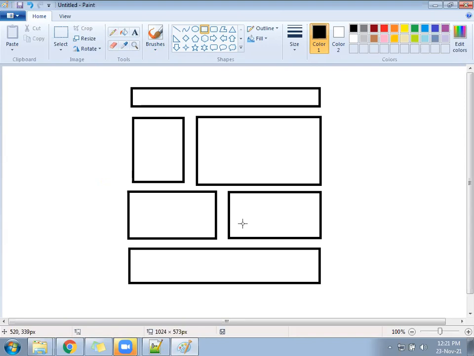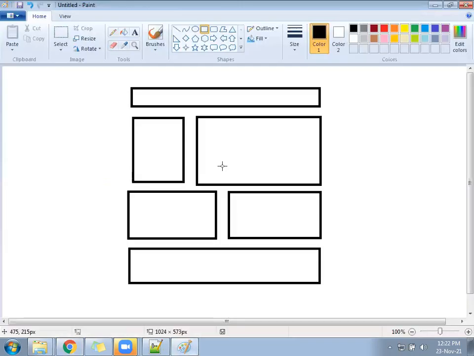Correct? So you saw here, when you write 2 divisions, both go to a new line. When you write 2 paragraphs, both will go to a new line. They are not ready to come in the same line. Our requirement says it should come in the same line. So we have some property in CSS. Using that, we can change the behavior of an HTML tag from block to inline and inline to block. Okay.